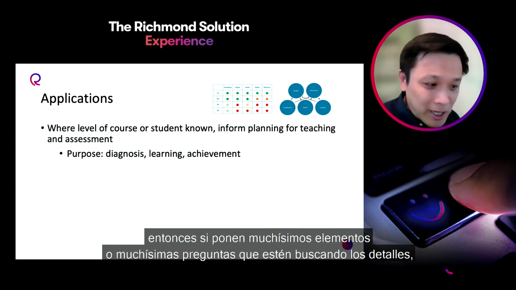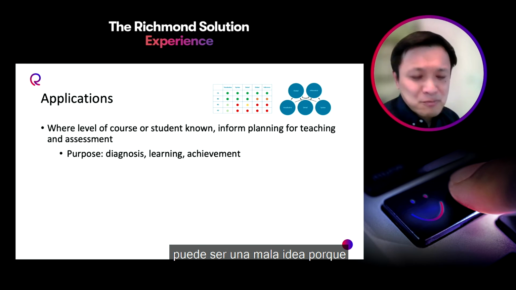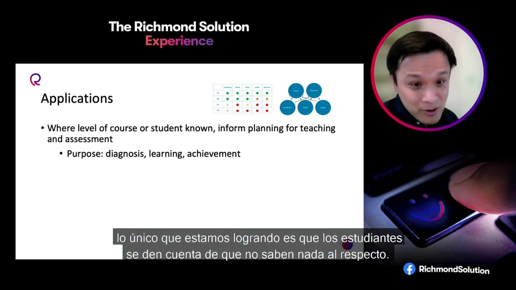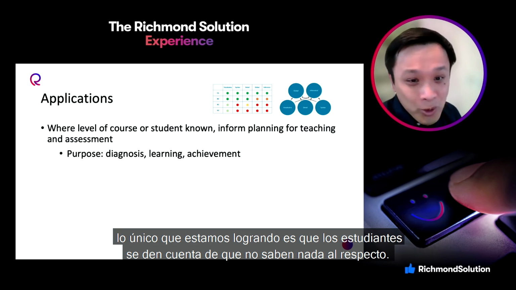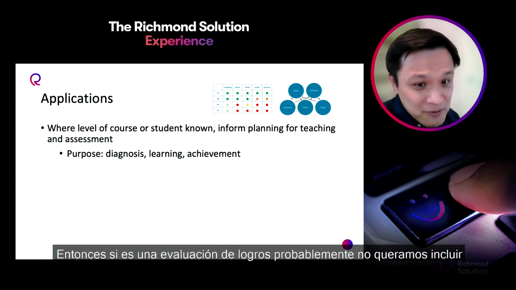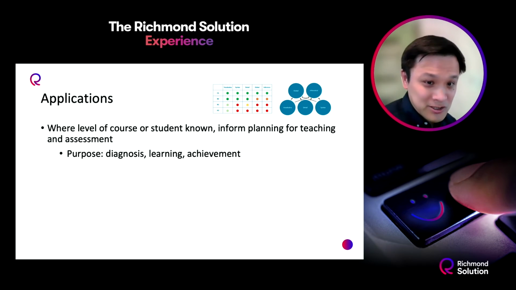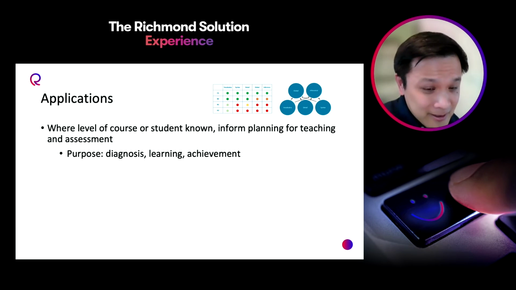So if you put in a lot of items that are just about listening for detail, then that's probably a bad idea, because all you're trying to help the students know is that they don't know enough about that. So if it's an achievement test, then you probably do not want to include a lot of listening for detail items for B2 level learners. On the other hand, if it's